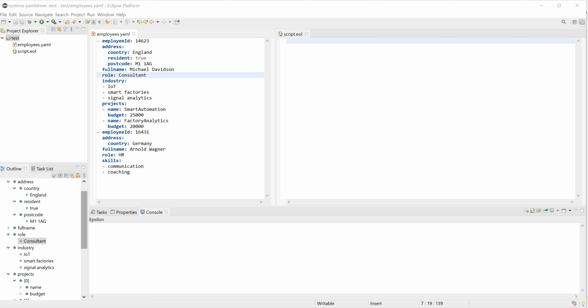In this screencast, I will demonstrate how the EMC YAML driver can be used to query and modify YAML documents using EOL. Here we have an employee's YAML document and a script EOL file that will be used to query the employee's YAML document. First of all, you have to create a run configuration